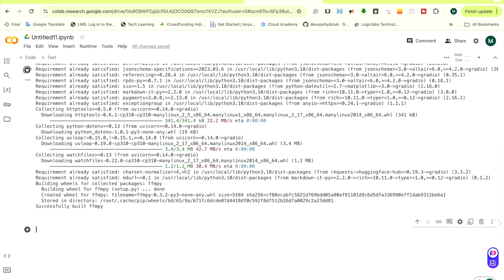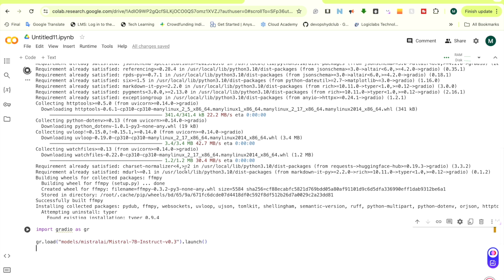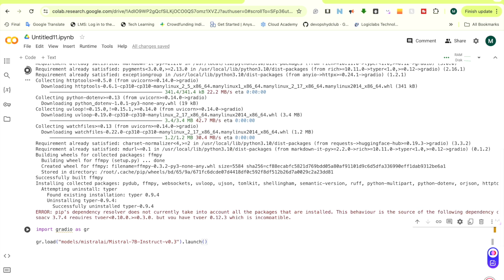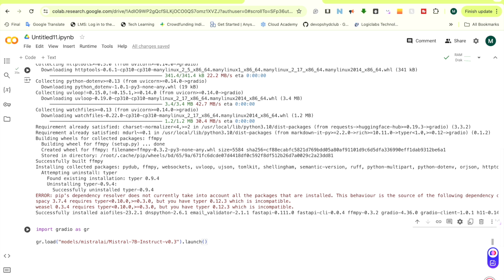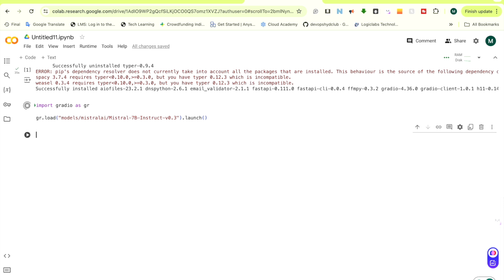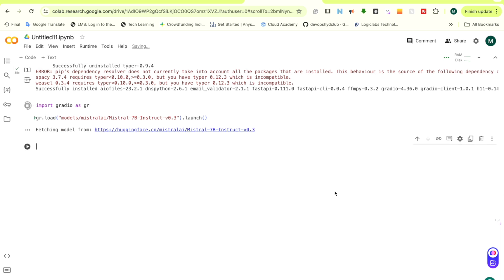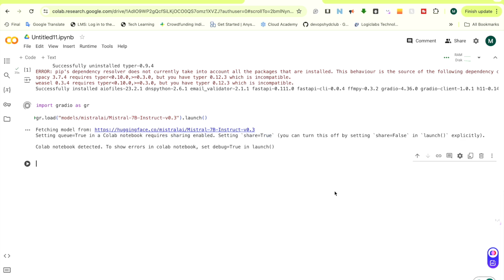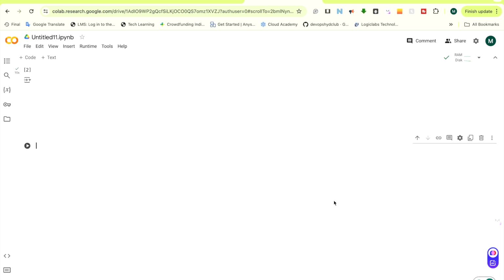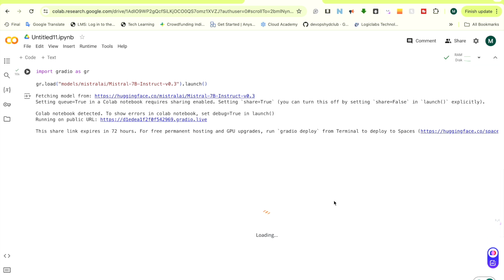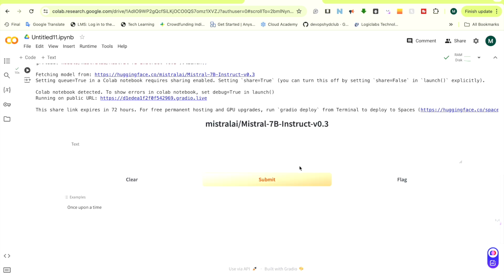So these are the lines of code I'm going to use. Let's see. And to grant access to Hugging Face, because this is going to get the model from Hugging Face. As you can see, I'm getting this chatbot immediately. I have not done anything extra, only a 2-liner of code and one